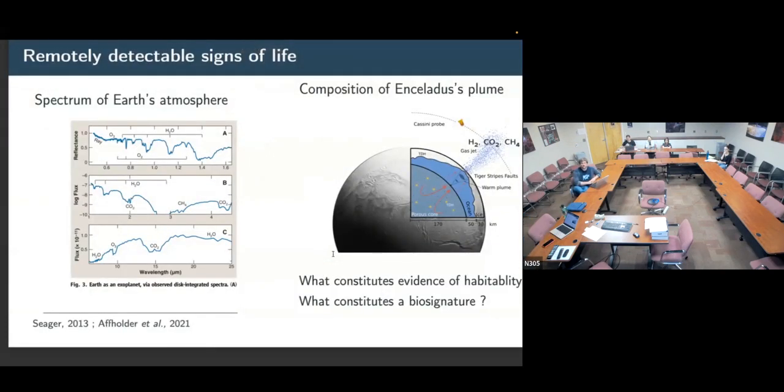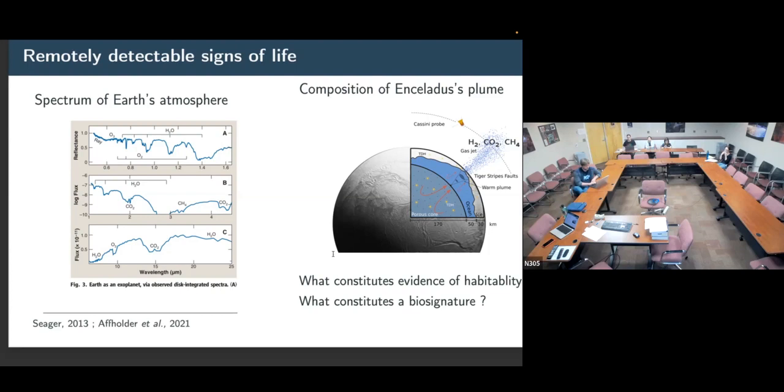Okay. So maybe a first point of entry into that world of biosignatures would be, what can we know about objects beyond Earth, exoplanets, but also planets or moons in the solar system? For example, for exoplanets, we might hope that one day we have those sort of spectra for the atmosphere of terrestrial exoplanets. It will help us understand what is the composition of their atmospheres in terms of molecules that are present, but also maybe their abundances. So yeah, for exoplanets, we might hope to know about the composition of the atmospheres.